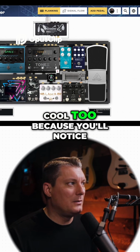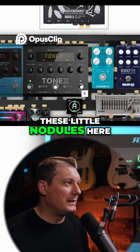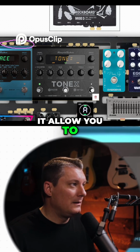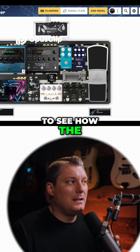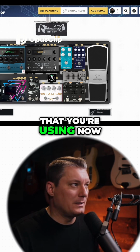Now here's where it gets cool too, because you'll notice these little nodules here hanging off the back. These are actually inputs. So it not only allows you to really look at your pedal board as a bird's eye view, but it also allows you to see how the inputs and outputs are going to look based off of the patch cables that you're using. Now,